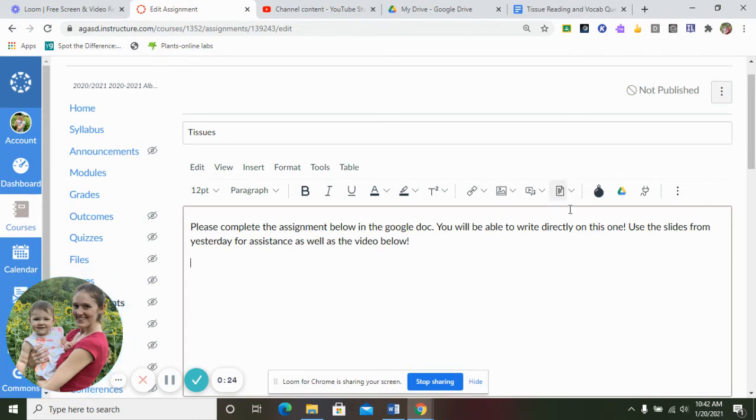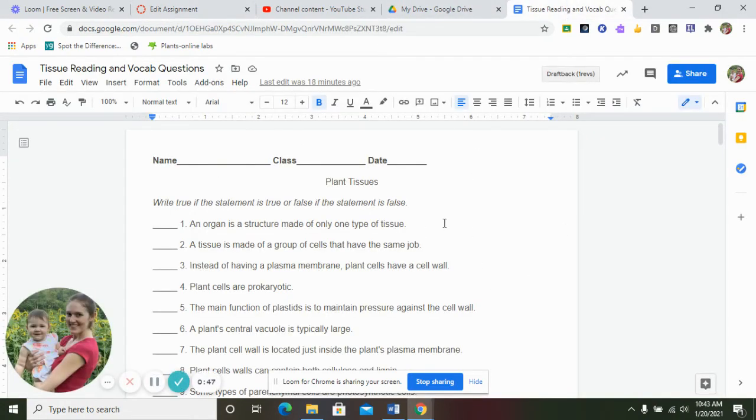If you didn't get the notes from yesterday, make sure you click on the modules tab here. It's going to bring you up to all the modules. You'll want to go to the day before today, and you'll see a little link there that says plant tissues. The slides are in there in a PDF form as well as a video, so you can use both of those. So anyhow, your assignment when you open it up will look like this, and it's going to start off